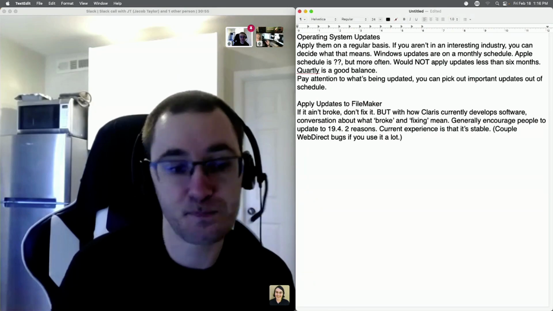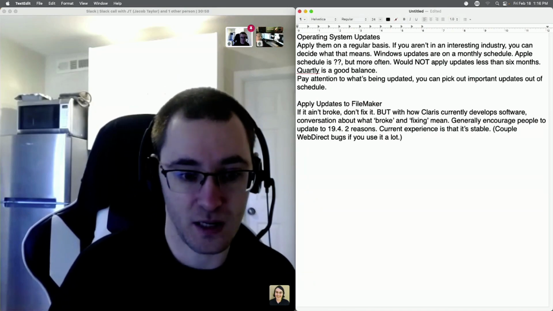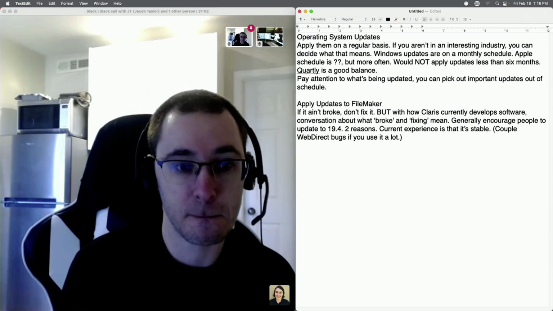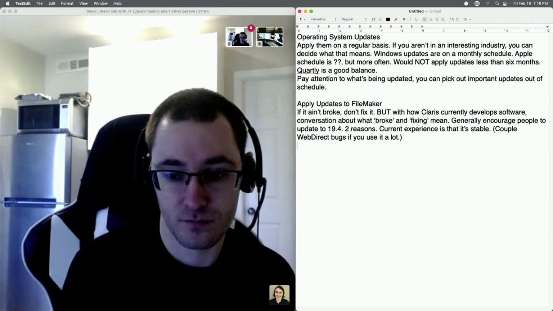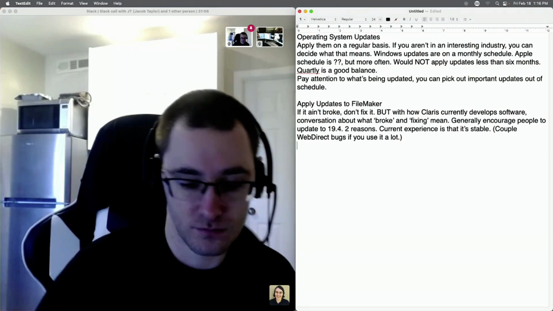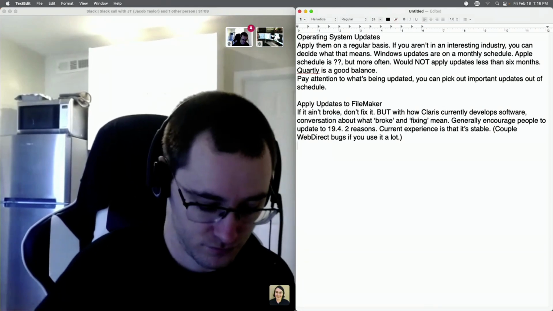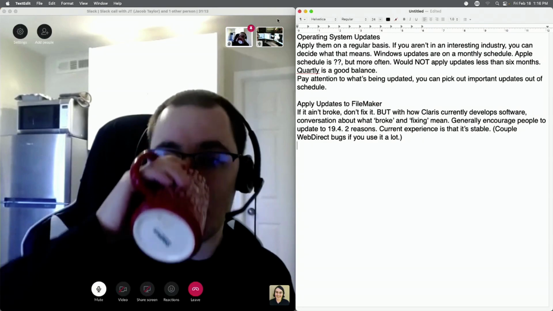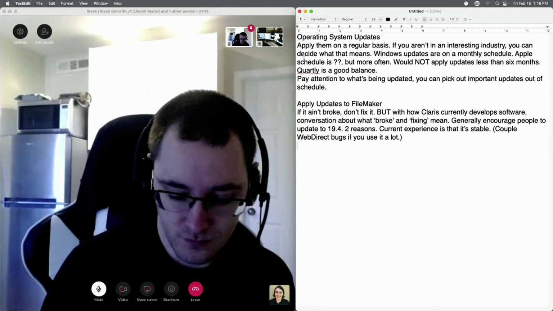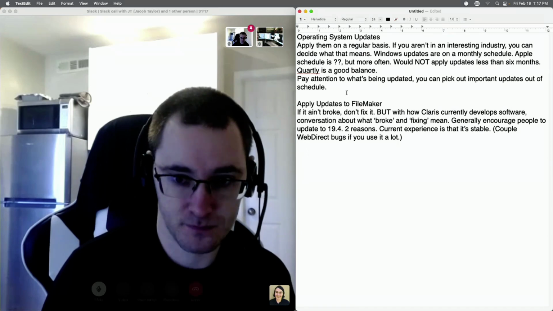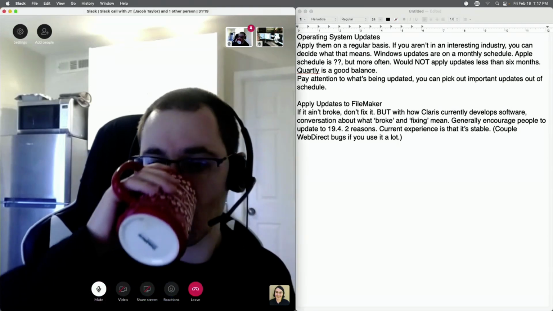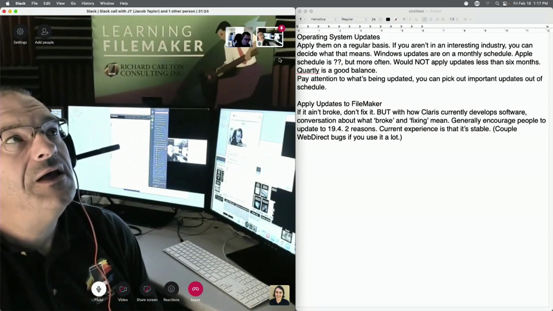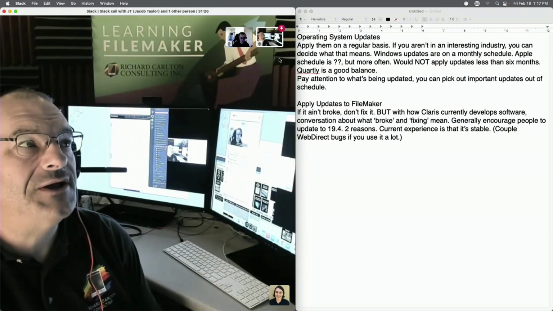Okay, so can I just add a caveat here, because I'm looking at the tea leaves, what's coming down the pipe. If you want to know whether you should jump to the next major release, the way it works right now, it used to be FileMaker 9, then 10, 11, 12, 13, 14, 15. I've got all the way to 19. And Claris decided that 20 should be something special, except they haven't built the special thing yet, right? Kind of the problem. And so what ends up happening is we have 19.1 and 19.2 and 19.3